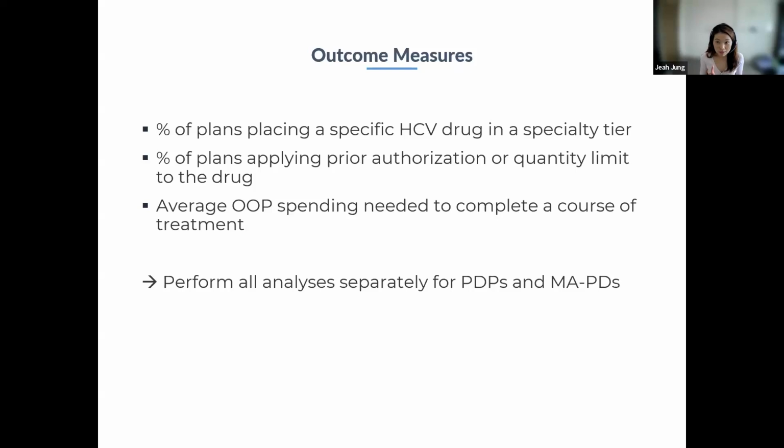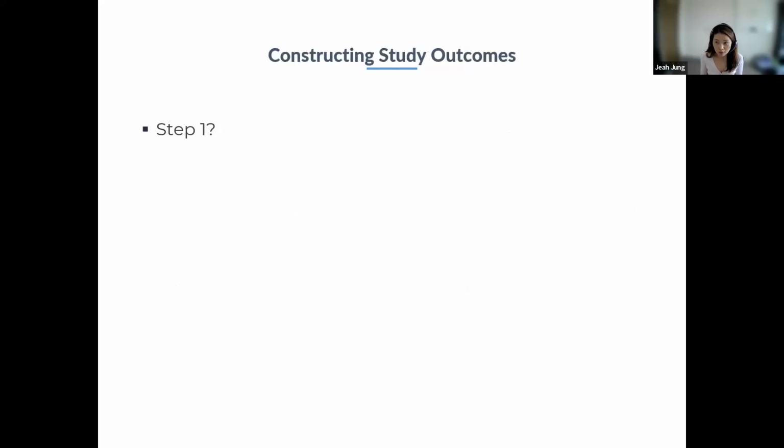Okay, so let's specify, we already defined the drugs that we are interested in, right? We have 3 drugs that we are going to look into: Sovaldi, Harvoni, and Viekira Pak, right? So first we want to know what tiers each of those drugs belong to for each specific plan or specific formulary, right? So the first step you want to do is